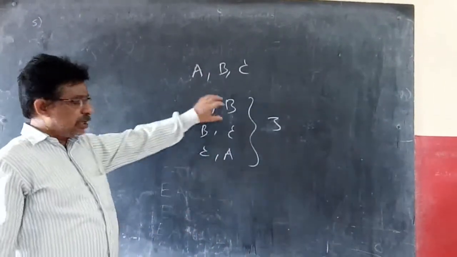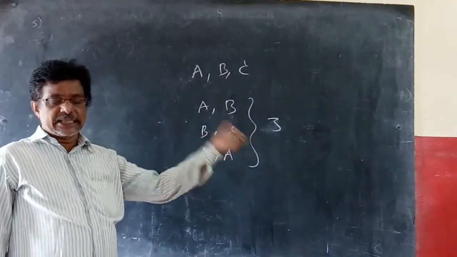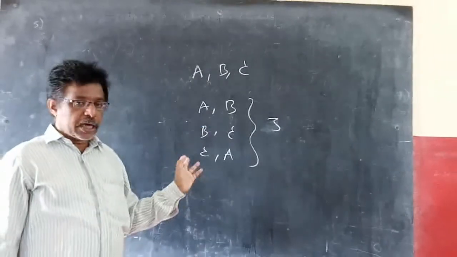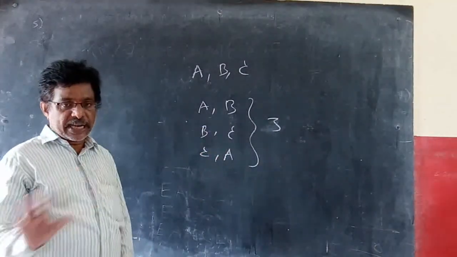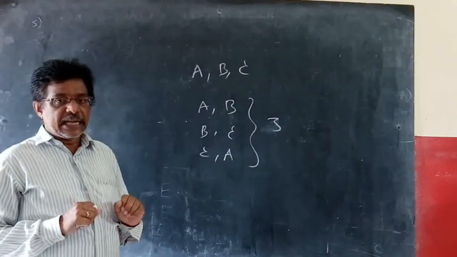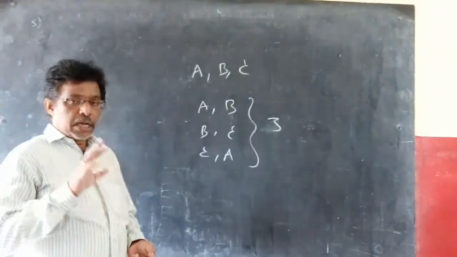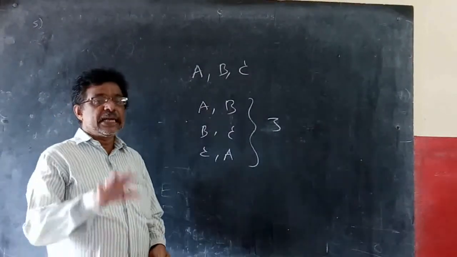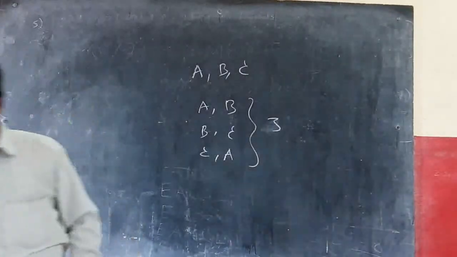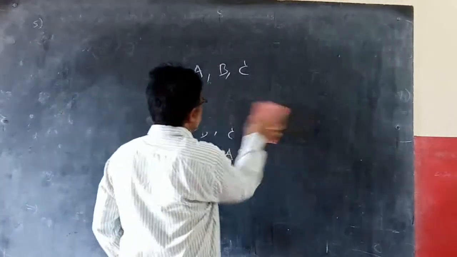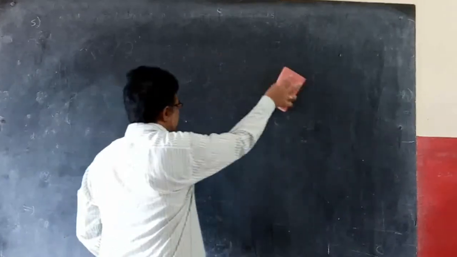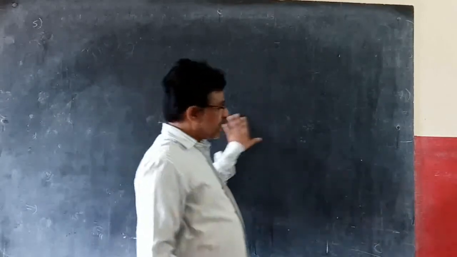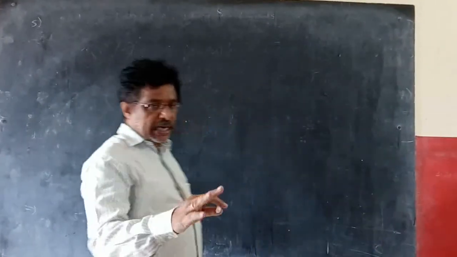But in selection you are just picking A and B blindly. If you pick two things, those two can be A, B or B, C or C, A. No question of arrangement. Just picking blindly. Selection is known as combination. We have discussed arranging n things in a row, n factorial ways, and r things out of n things is nPr. We already discussed arrangement. Now we are coming to selection.